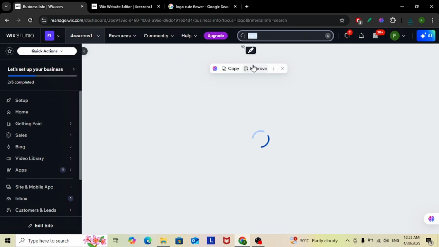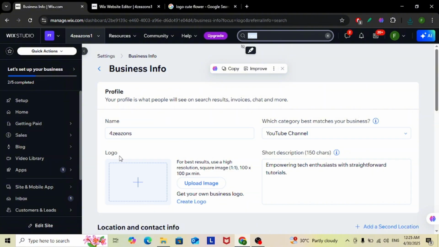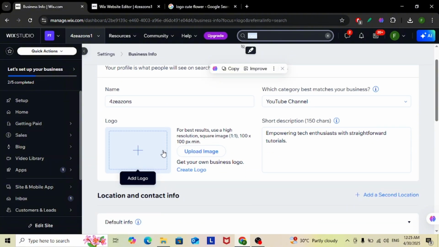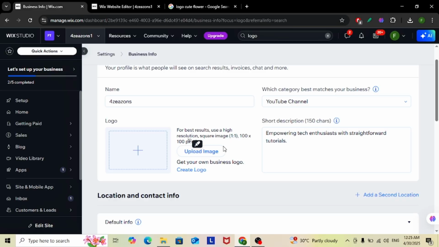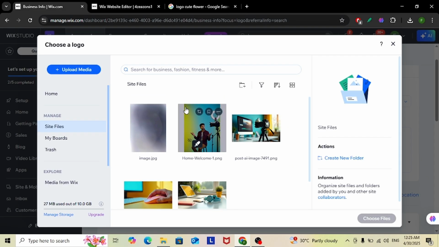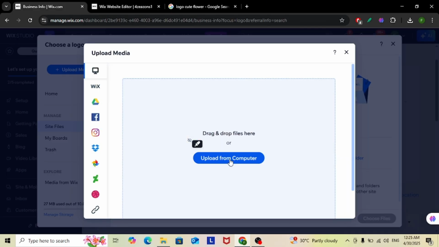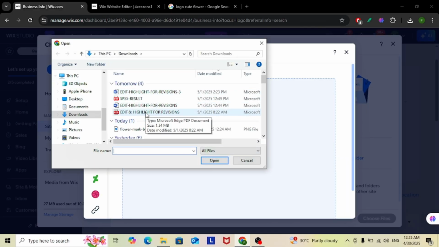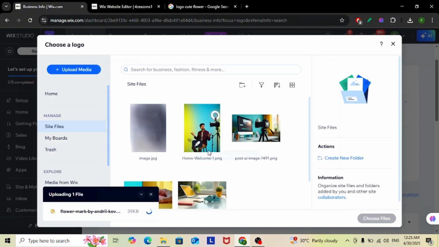Now click on that. And then here, you can see this logo section where you can add your logo. So what you're going to do is to click on upload image. And then from here, you can simply click on any photo that you already have, probably in the site files. Or you may also choose to upload media. So for example, let's upload from our computer, this one, click on open, and then wait for your logo to